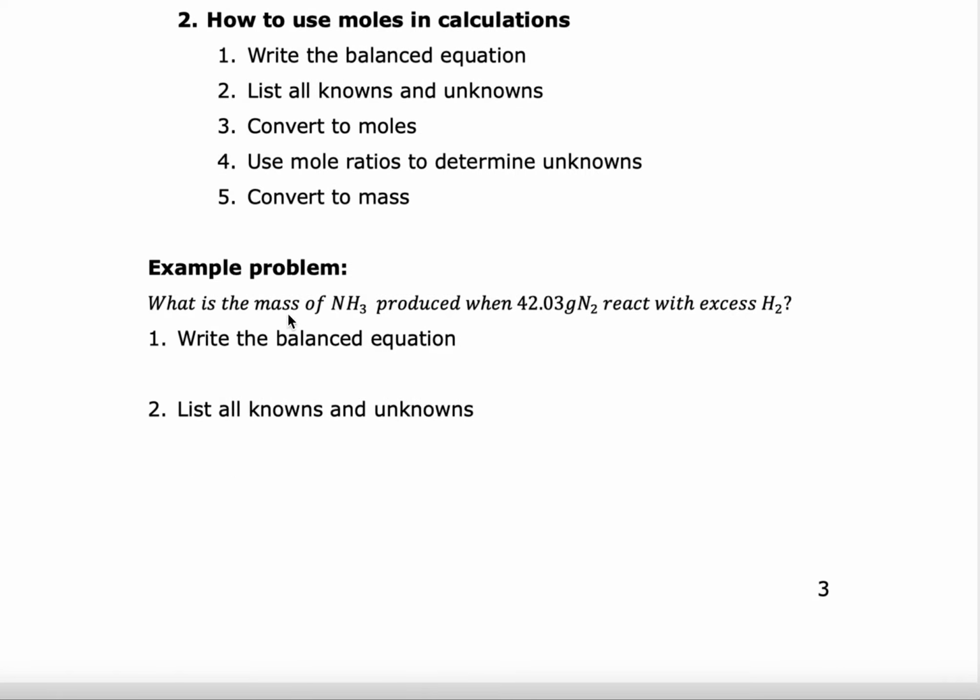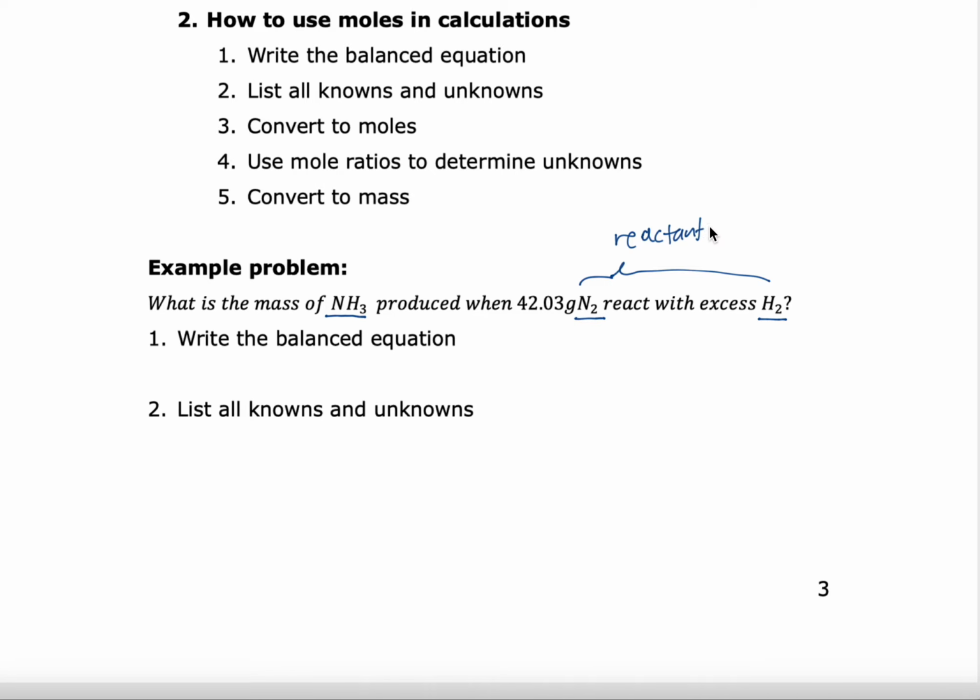In this example, we need to produce NH3 from N2 reacting with excess H2. 他问你NH3 的质量是多少？当 42.03 克的氮气与过量的氢气反应。